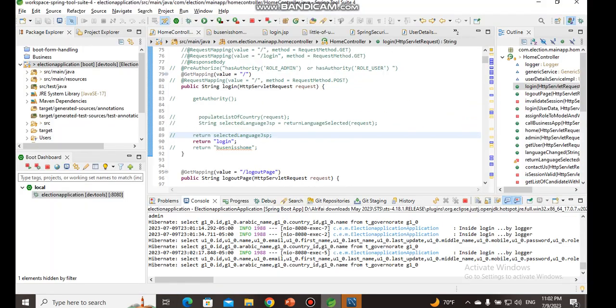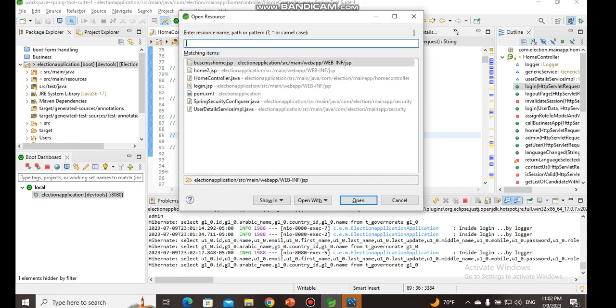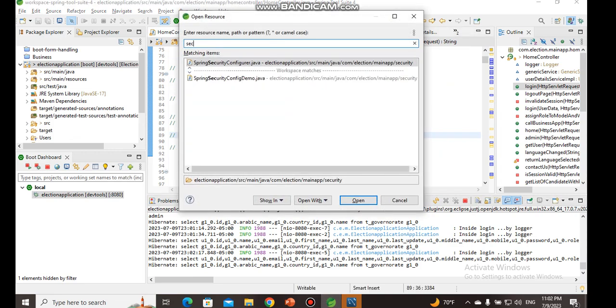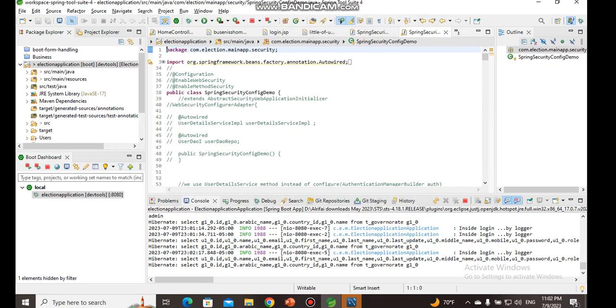What technology have I used? I have used Spring Security. I have the demo, actually, because a lot of things are deprecated. I used to have Spring Security configure. You see this one, configuration, enable web security, and this WebSecurityConfigurerAdapter is deprecated because I'm using Spring Boot